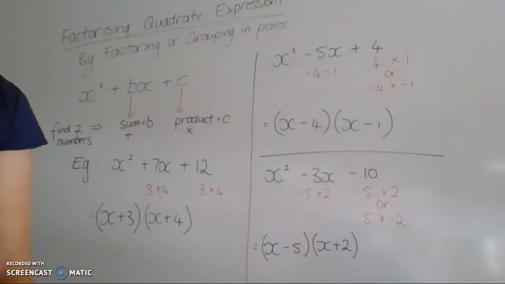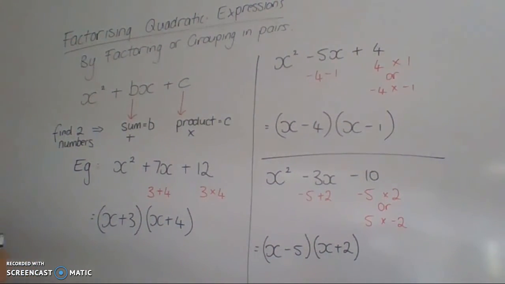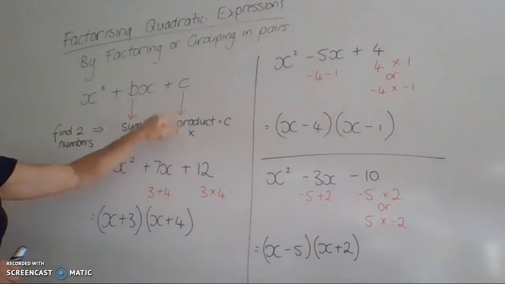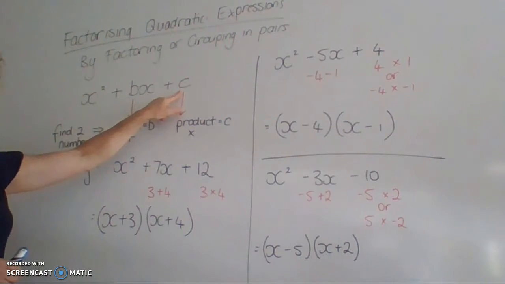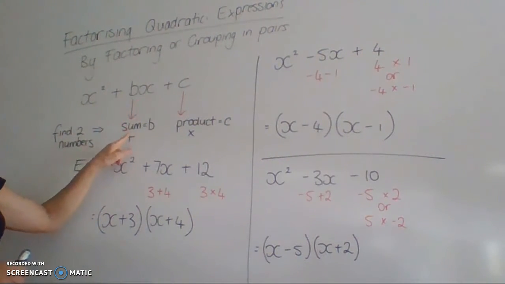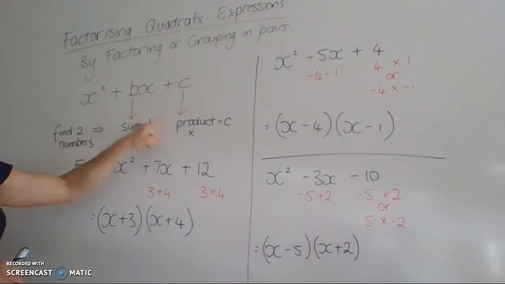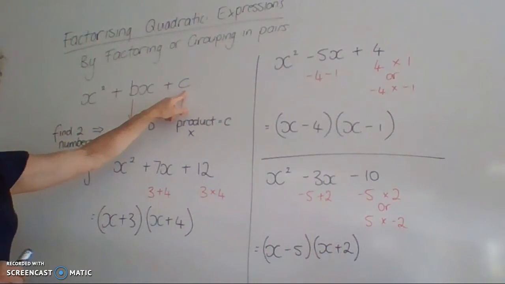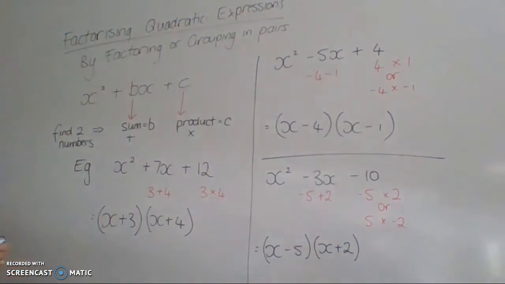And so what that rule relies on is that there are two numbers that when they add together, they produce this number b here, but when they are multiplied together, they produce this number c here. So what is the sum of two numbers that equal b and the product of two numbers that equal c? So it's really important you know your number facts and your factors